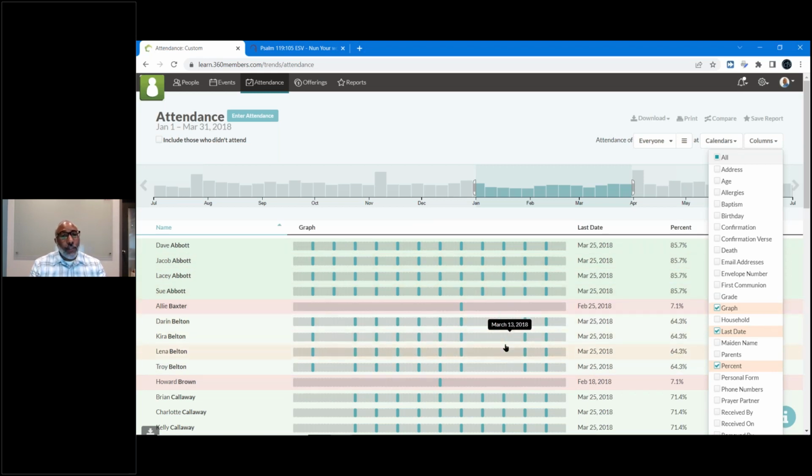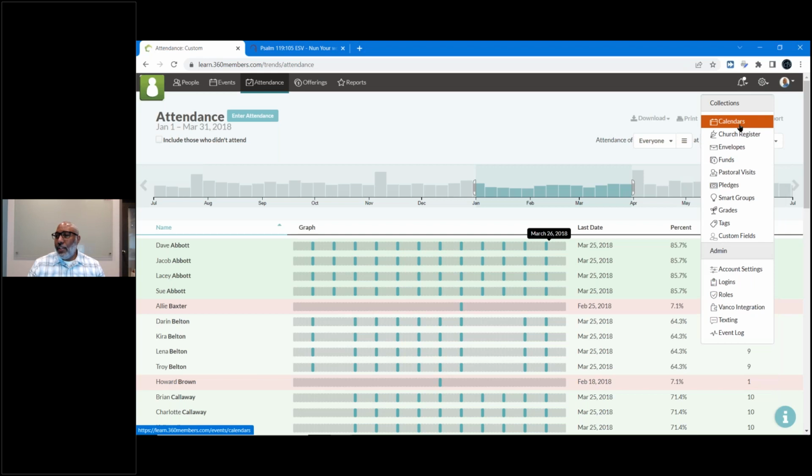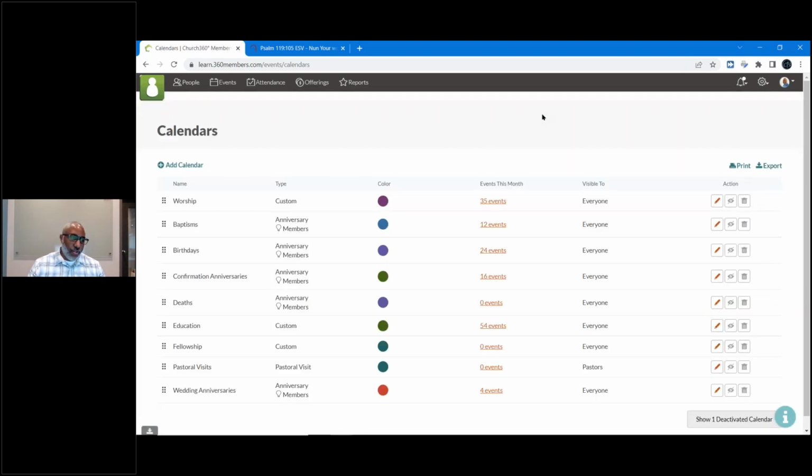So there's a lot of value in the graph, but if you turn it off, it's almost out of sight, out of mind at that point in time. It does take up a lot of space, but if you have it off and you want to see it, you can turn it back on. Okay, so that is the last note that I had for custom fields. So after custom fields, let's transition into calendars. So calendars are a way to